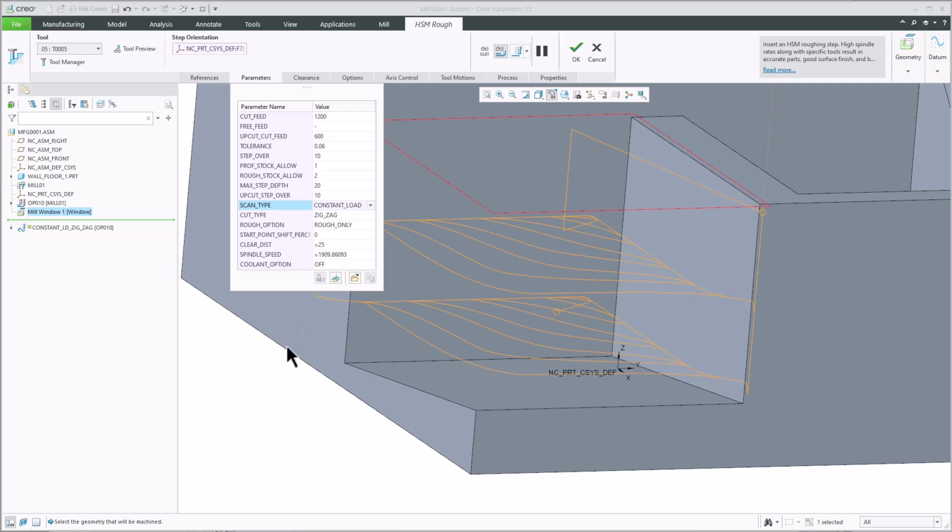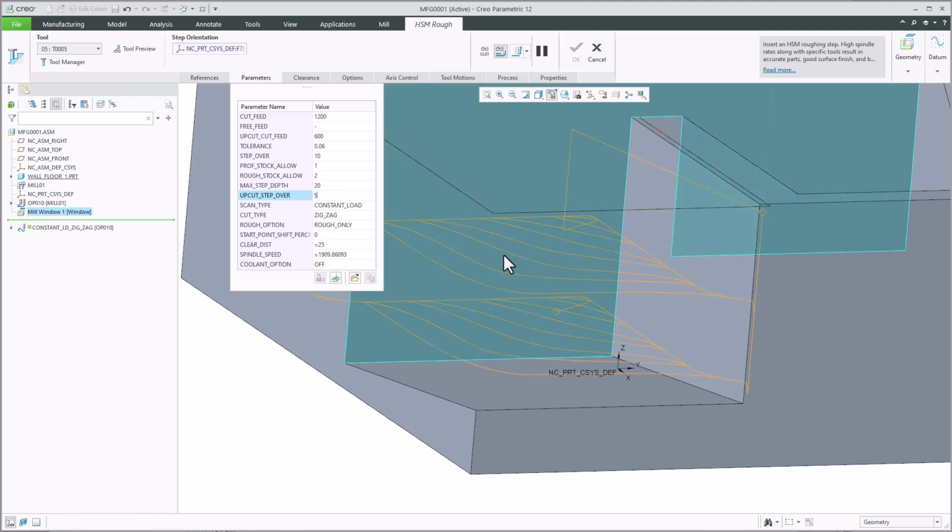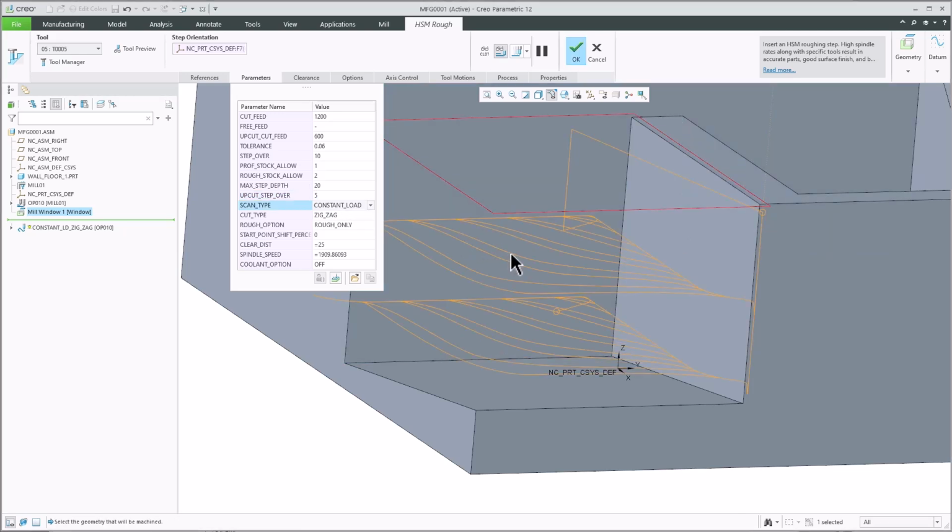In Creo 12, in the HSM Rough and HSM Rough sequences, you can now use new parameters for 3-axis and 3+2 axis machining. In this video, I'm showing how to define different values of cutting feeds and stepovers for the upcut passes, instead of the current behavior, which is to use stepover and cut feed values for both upcut and